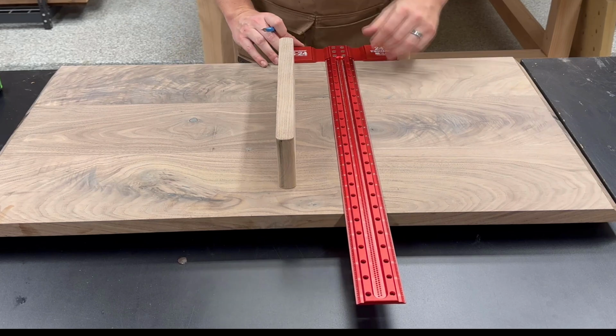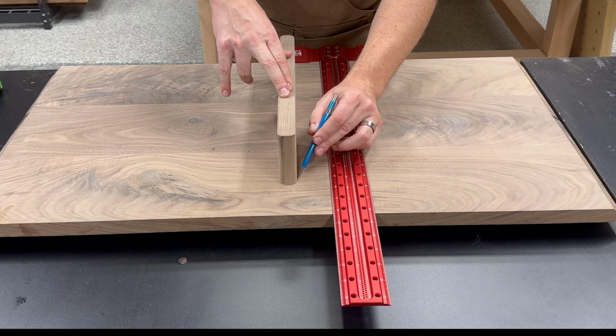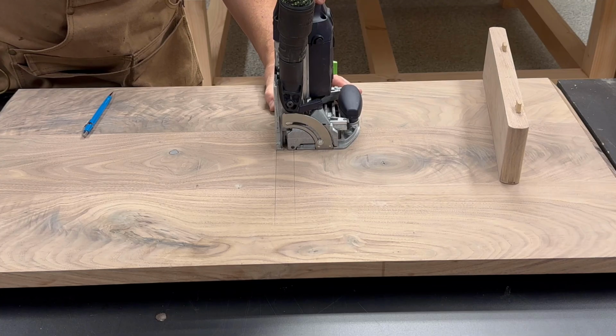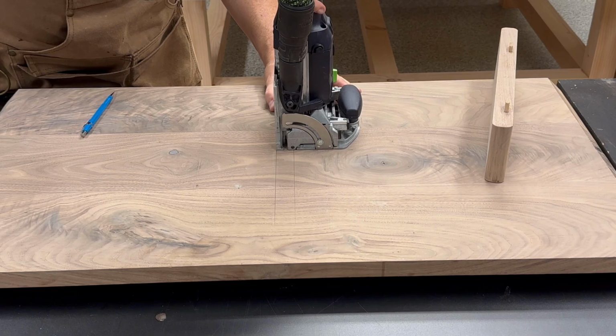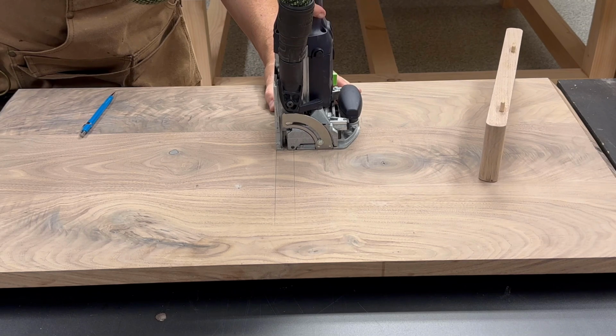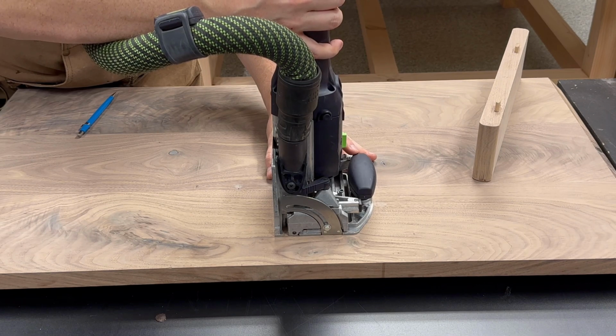I then used that divider to mark out on the bottom and top panel where the divider is going to go, and use those marks to cut mortises using my Festool Domino. No, you can't do that twice in one video, okay? We're already over that. I'm using the domino. Get over it. And once all those mortises are cut, everything fits together like little Lego pieces, and it's super